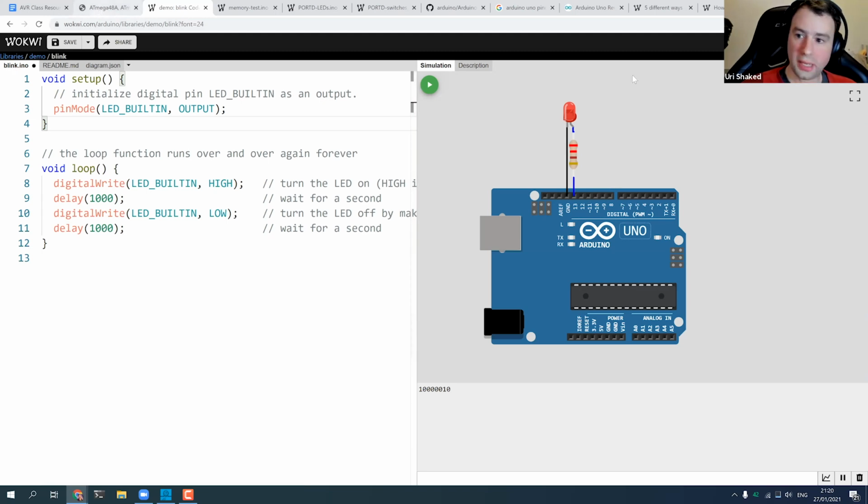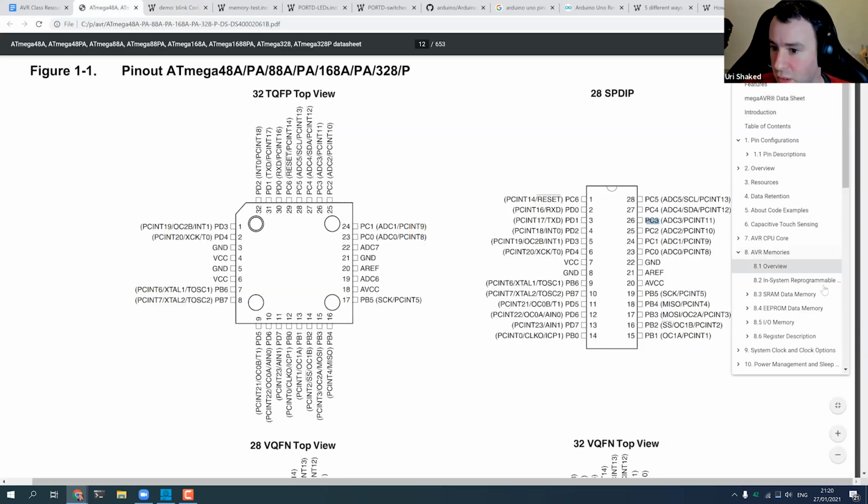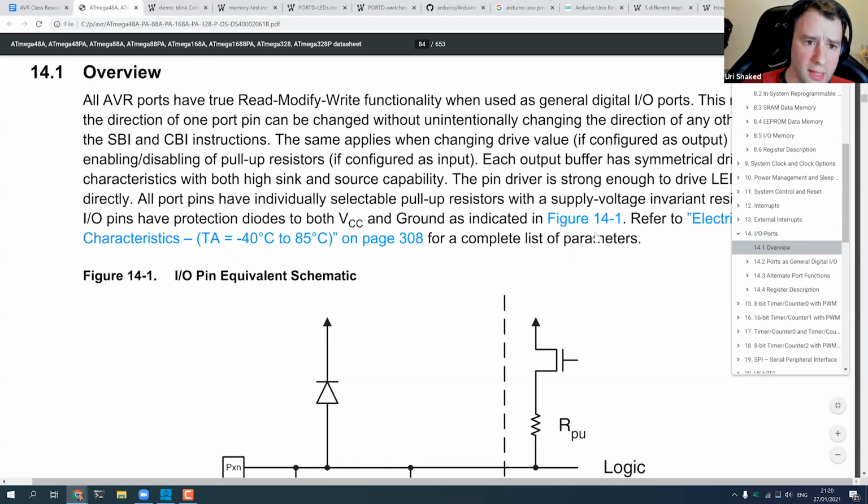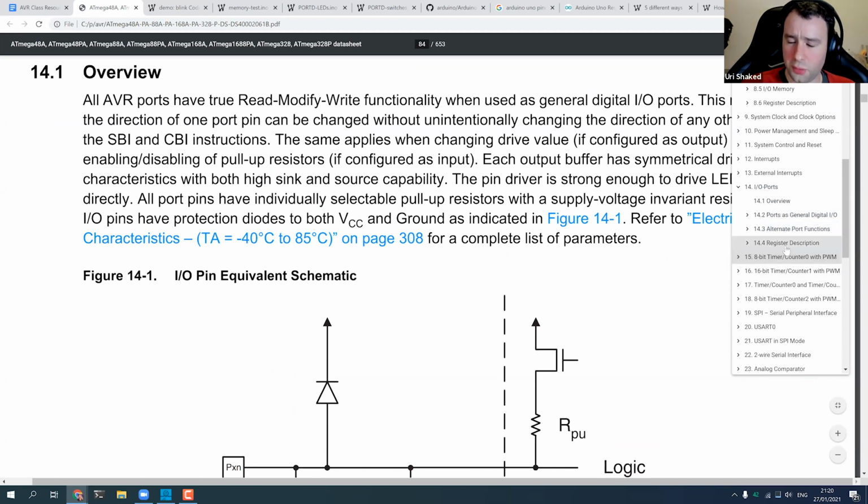In order to do that, we will open the section that talks about the I/O ports. You will probably recognize soon that there is a pattern.